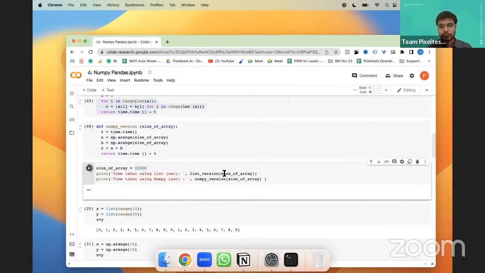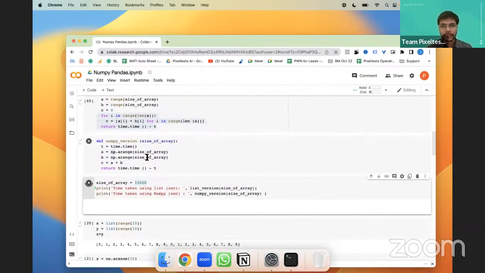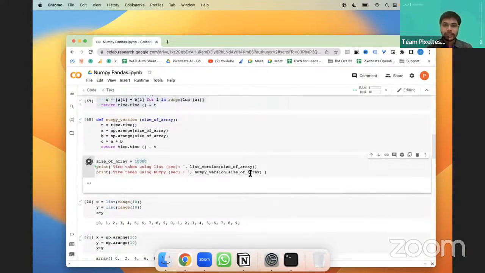First, the list version will take 10,000 and keep adding element to element. And the NumPy version also will take 10,000 and add element to element. Then these statements will give how much time the list version took and how much time the NumPy version took, right? So it's going to take a little time because we've given more numbers right now. So it's adding each of the numbers.